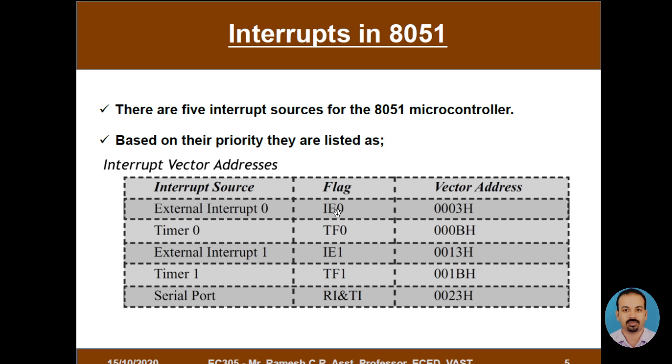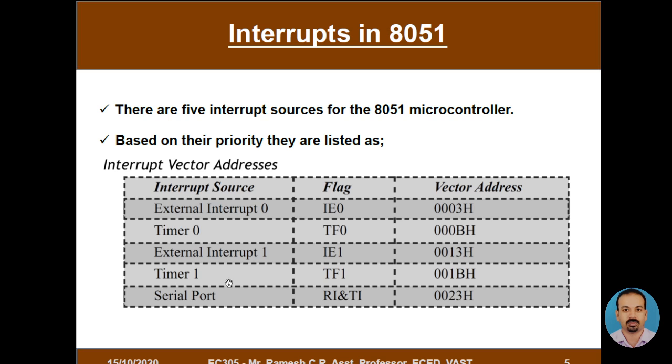IE0 is the flag corresponding to this source, the bit which indicates that there is an interrupt from external interrupt source 0. Then we have the second priority for timer 0, and the corresponding flag is TF0. Then the third priority is external interrupt 1, and the corresponding flag is